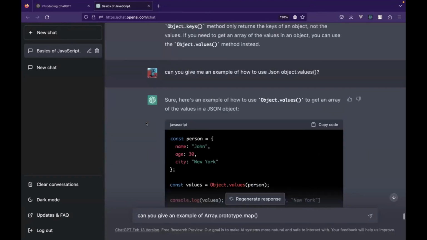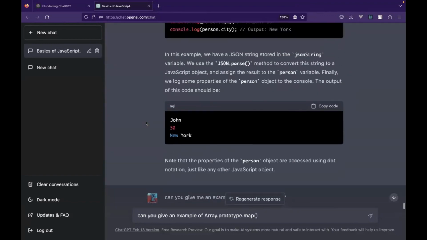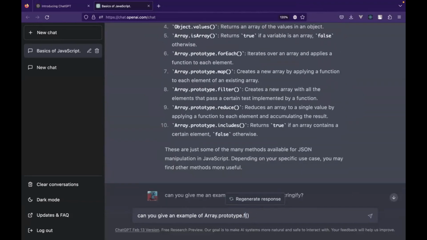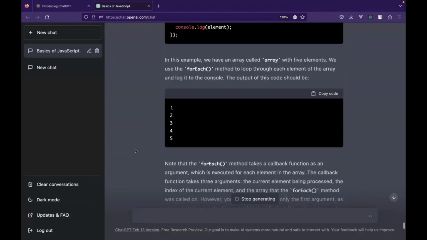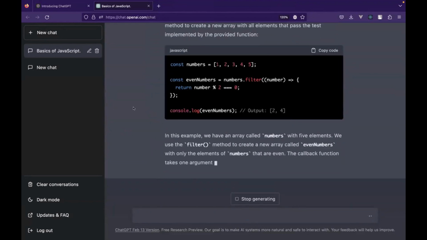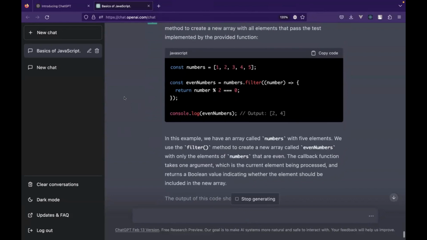The next one is filter. As the name says, it's generally used to filter out specific elements from an array. So what is happening here is whenever it iterates through an array,